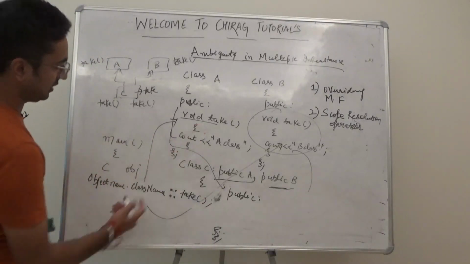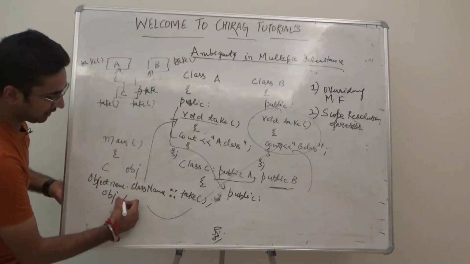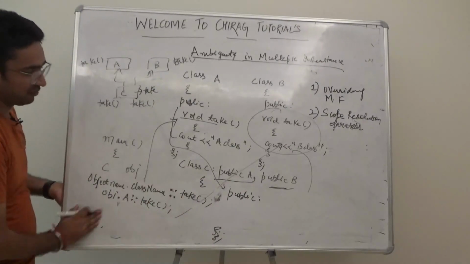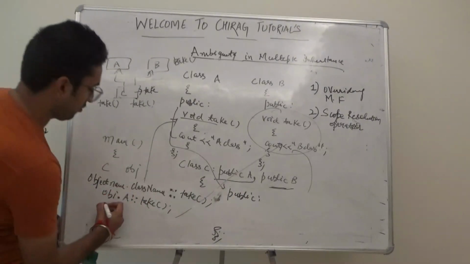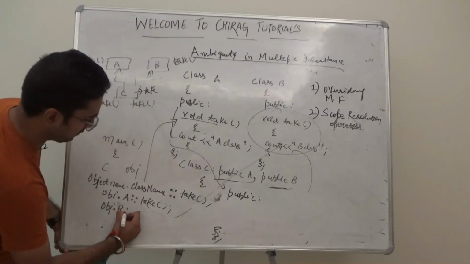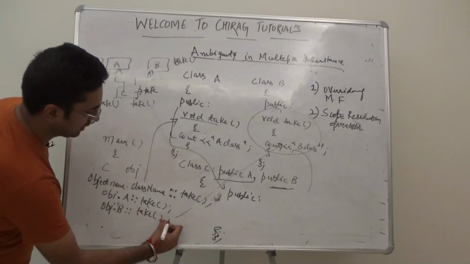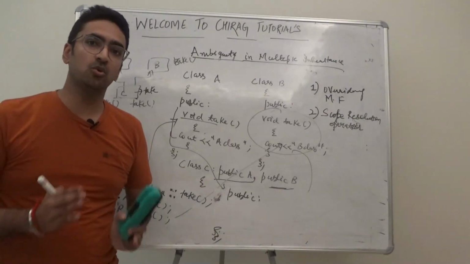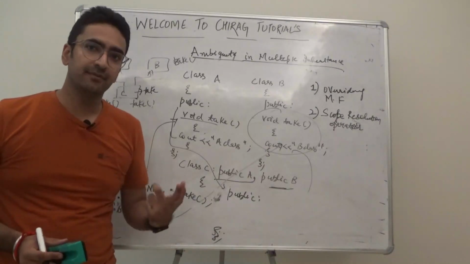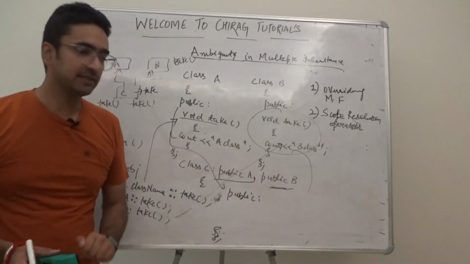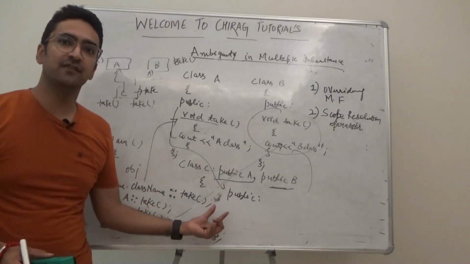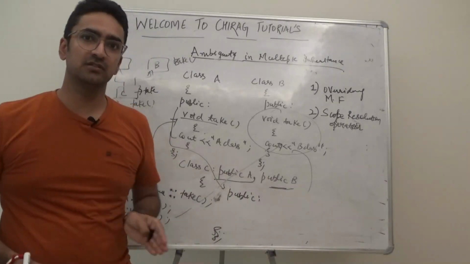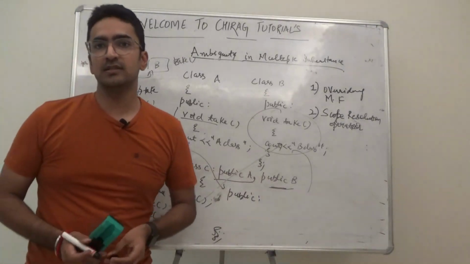If I want to call this take function, I'll just write obj dot class A scope resolution take, and the take function from class A will get called. If I want to call for B class, obj dot B take, and the function from class B will get called. I cannot write obj.take because it will give me error, because I have not written anything in this class. If I have used void take function in this class, obviously the take function from class C will override functions of A and B. This is the concept of ambiguity.